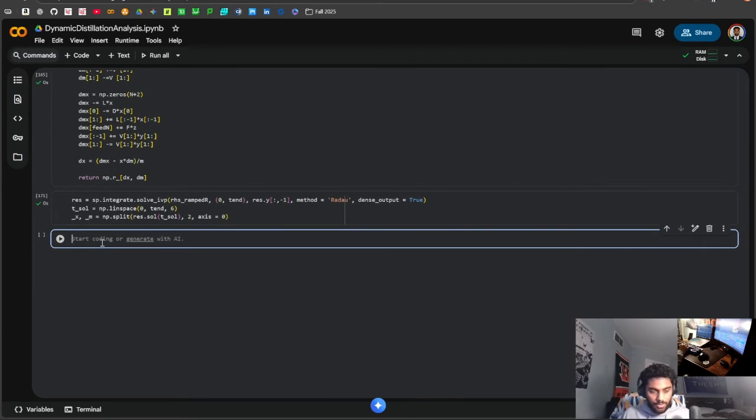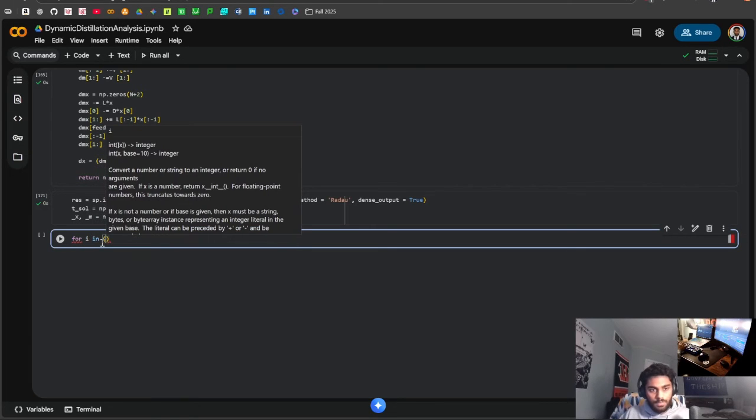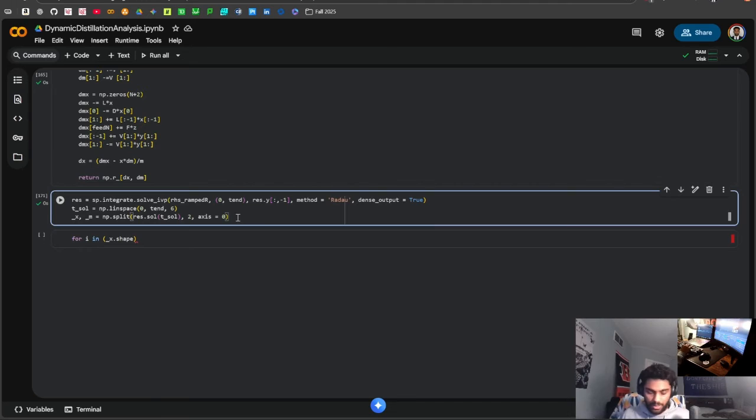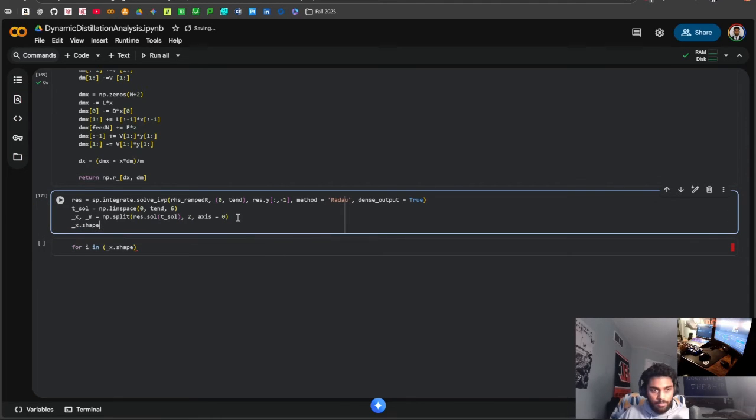So now what I'm going to do is I'm going to have to do a for loop. So I'm going to say for i in, let's say, I want to do this for the number of arrays that I have in my mole fraction. So I could say something like _x.shape, because that will give me the amount of values that I have. So if I actually went and did _x.shape,